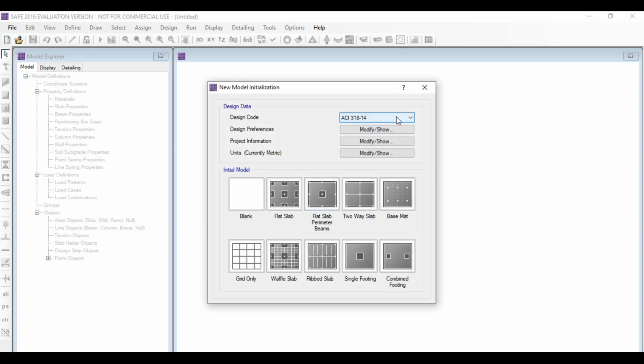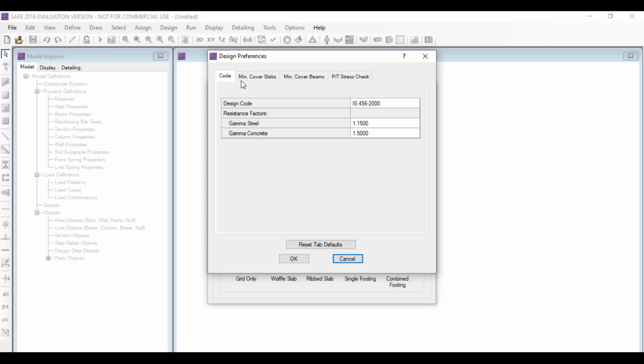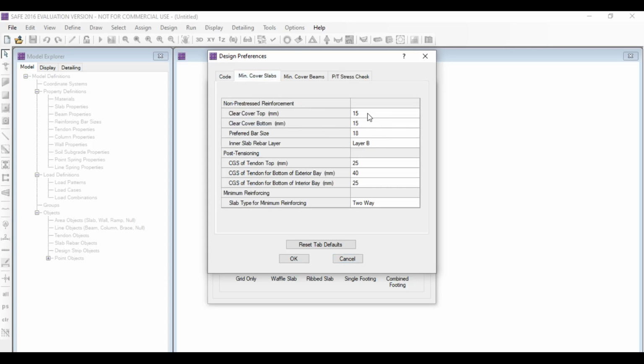Put all design data: design code IS 456 2000 design preference. Go to Modify. Here for minimum cover slab, put 50, that is the cover of the footing, which is equal to 50 mm for top and bottom, and initially take 20 mm as bar size, and do not change other values.